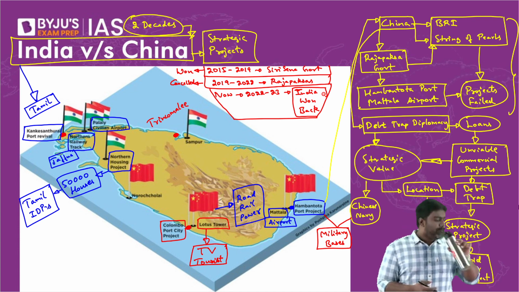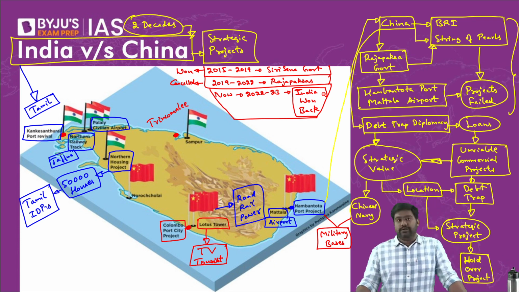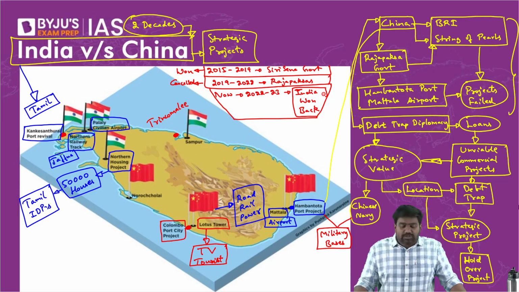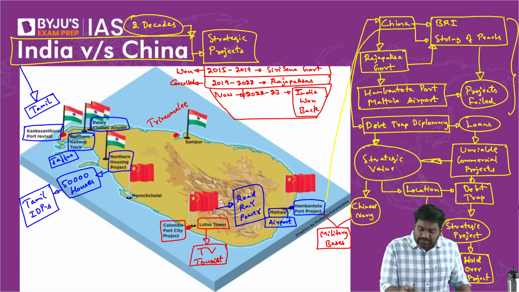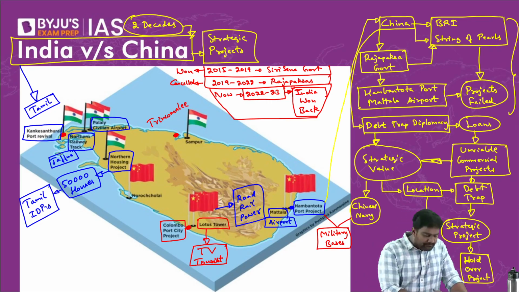So let us see which were these projects. All right, they were initially given to India by the Sirisena government from 2015 to 2019. Many of these were cancelled. Some were given to China again by the Rajapaksa government after 2019. But now, because of the economic crisis, as we have played a big role in assisting Sri Lanka, we have used it as a leverage to win back many of these projects. So let's see them one by one.